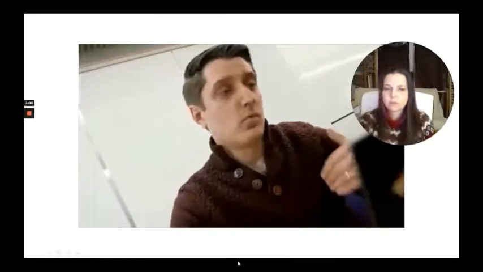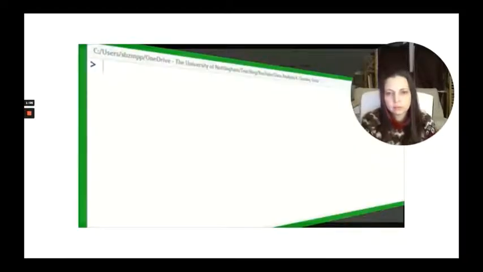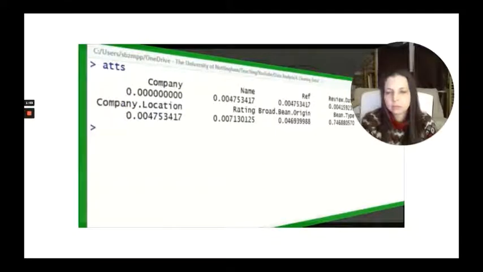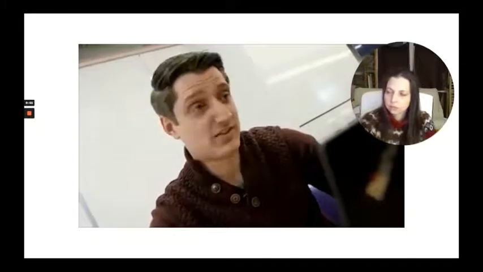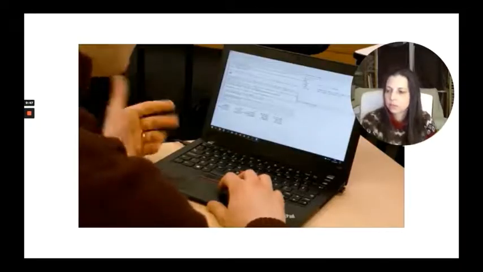So we've deleted as much of our chocolate data as we feel comfortable doing. Now let's see if we can fill in some of the missing values with appropriate replacements. So let's have a look at our attributes. Right, so we've got company, name, reference, things like this. Bean type has been removed, but we've still got things like the bean origin and the ratings, and there's a few of these missing from our data set. Can we estimate these rather than completely removing them from the data set? Obviously, the less data you use, the less useful things like machine learning are going to be. So let's look at an attribute and see what we can do.